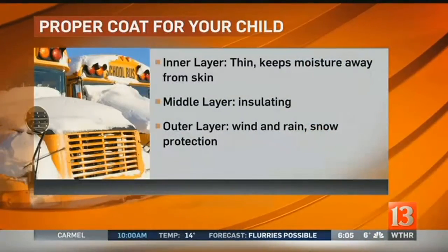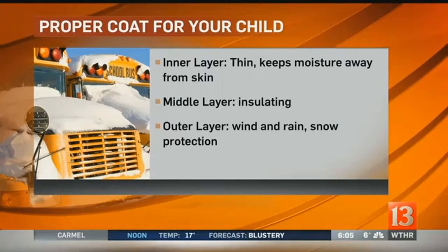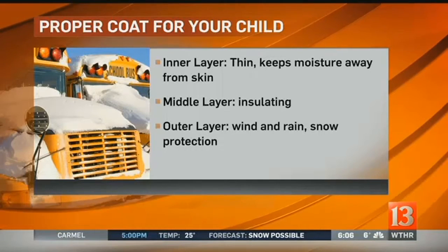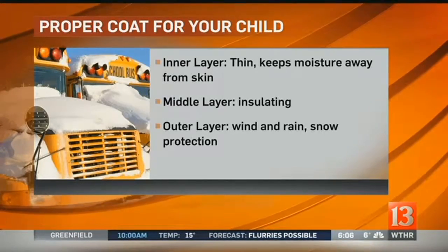Okay, let's show you again. We've got this made. Take a look at your screen. This is what we're talking about. Again, when we talk about dressing in layers, that first layer is that thin layer. You want to be able to get the moisture off their skin. The second layer, that's the one that insulates a little bit. And then the third layer, that's the one that protects them from the moisture, from the elements, from the wind, that kind of thing. So even if they don't have a coat, I know some of you don't, just make sure you dress them in layers. No tennis shoes. Try to get those boots and double layer the socks as well. A hat's very